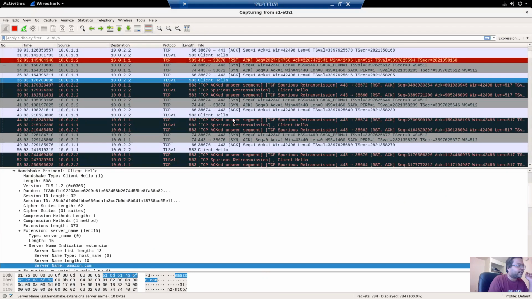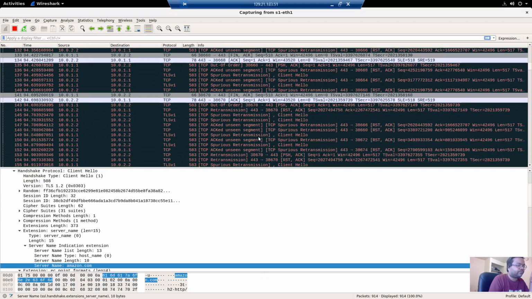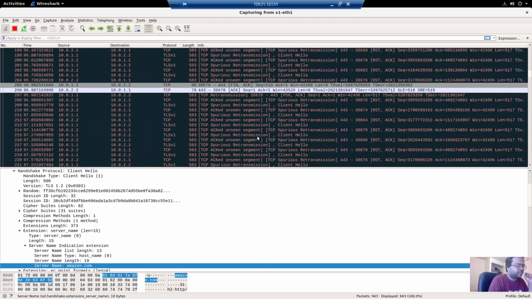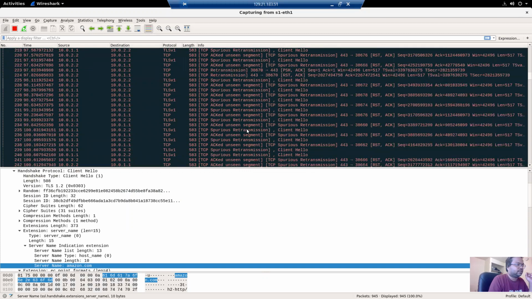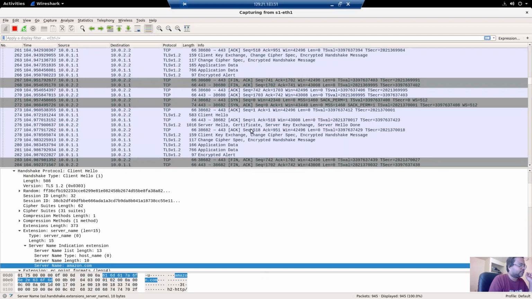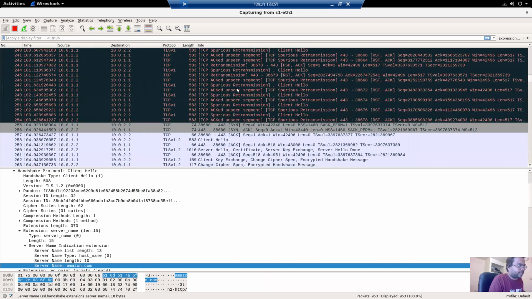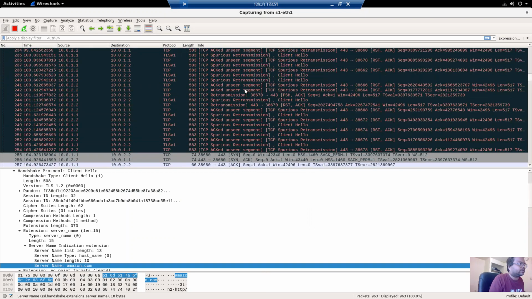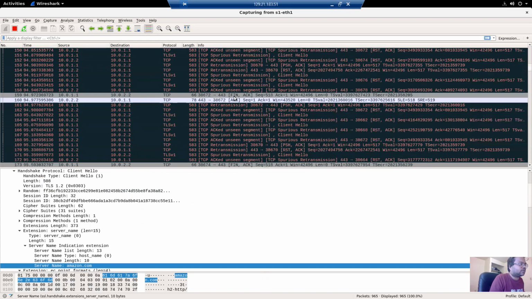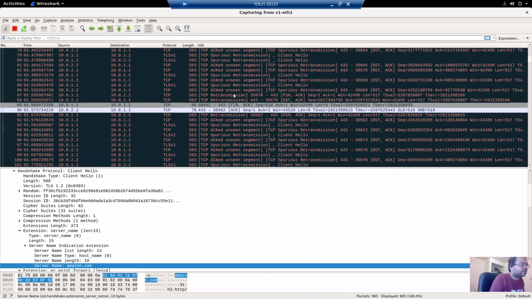Same thing with the other packets, the first 10 connections. For the first 10 websites, it blocked the connection. As you can see, it sent the RST packet. Let me show you one packet.